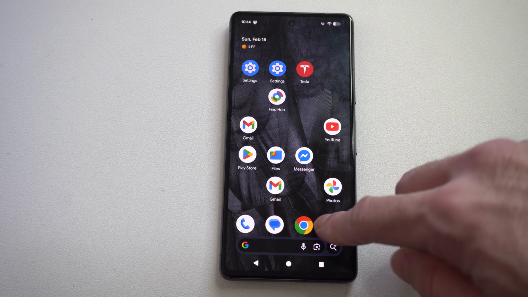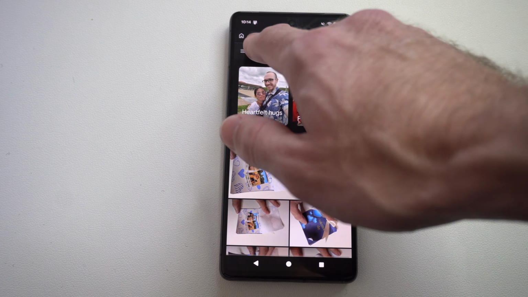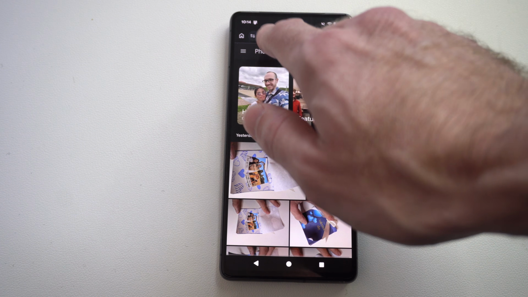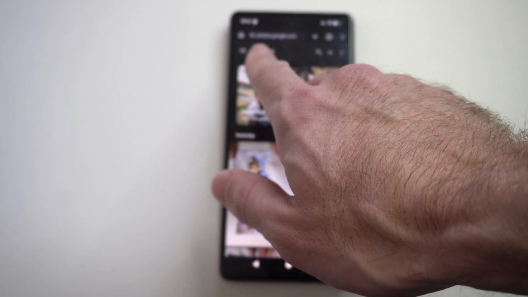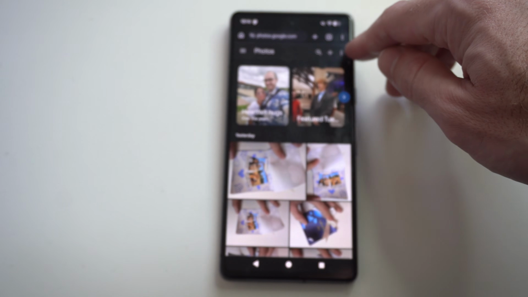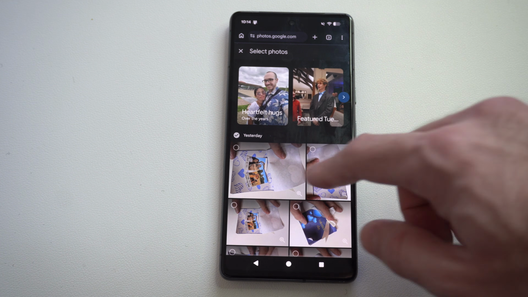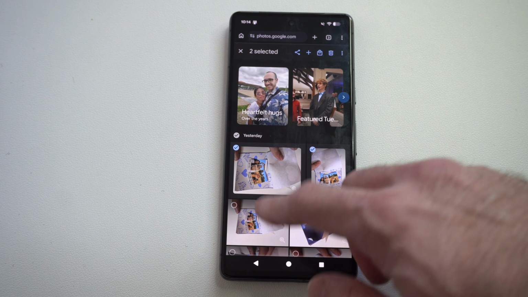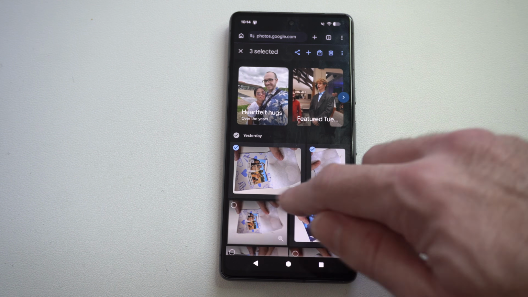So what we want to do is go on over to Chrome or a web browser and go to photos.google.com. So you can see it in there, photos.google.com. Now go to the top right when you log in and select the three little dots and go to select photos. Now you can select photos on here, and when you delete them now, so let's just select one